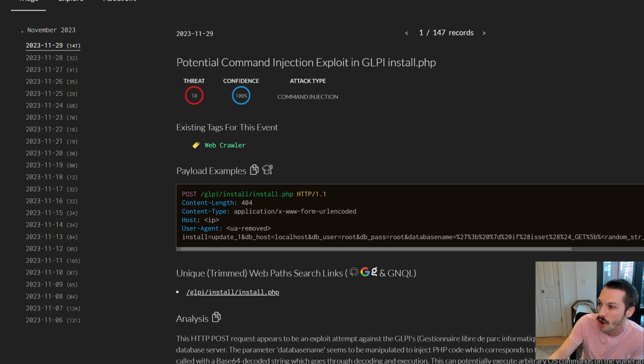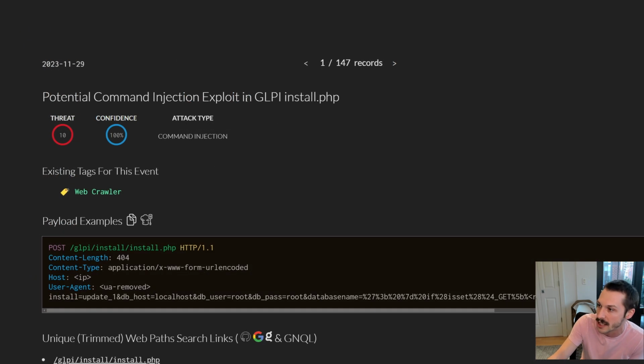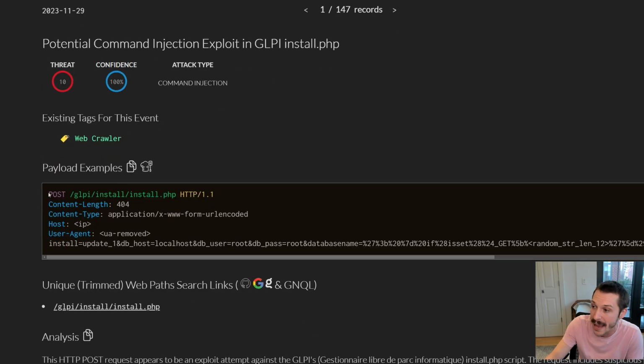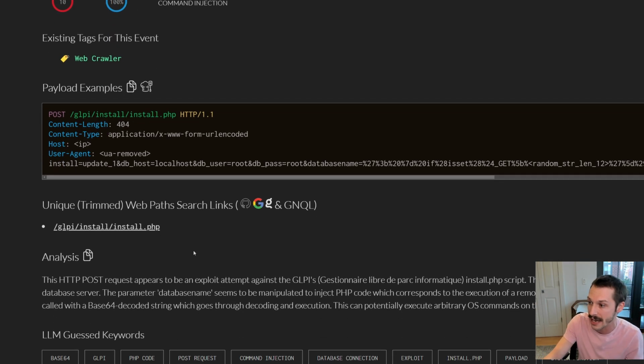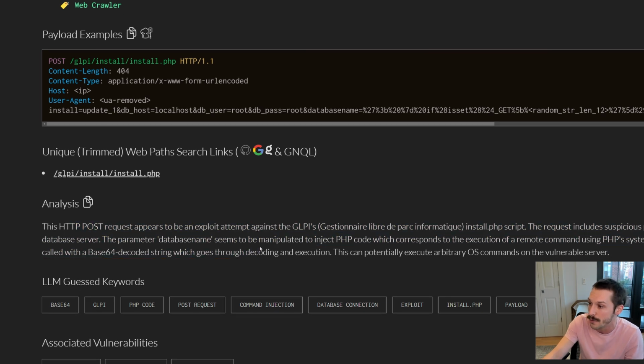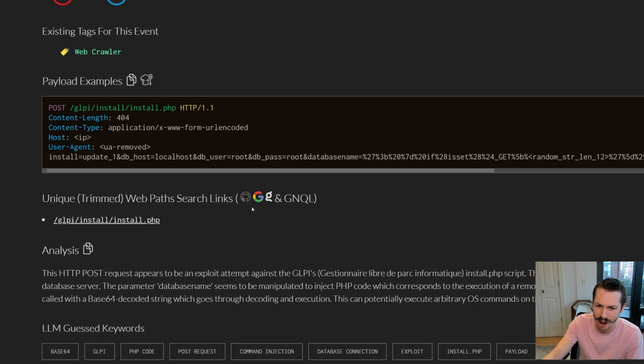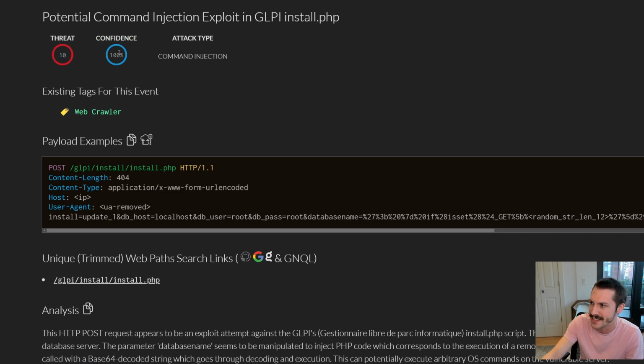The first one is called potential command injection exploit in glpi install.php. I have no idea what that is, but we're going to look at it. We've got a payload example right here. This is the actual payload of what we surfaced with just a couple of things censored out or redacted so that we can keep our sensors anonymized. That is a rather malicious looking string there too. Oh yeah, Sift is like threat 10, 100% confident it's that, and in this case it was